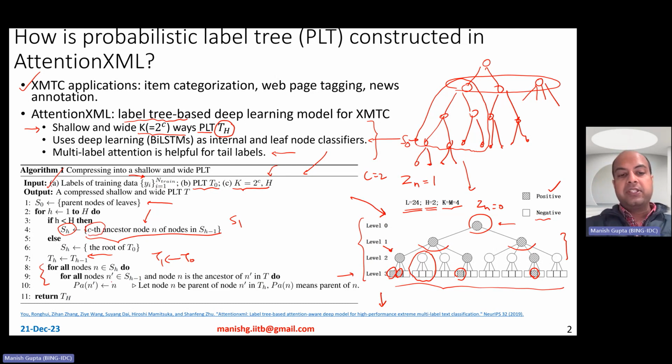For all nodes n dash which are in S_{H-1}, for all those nodes at that level, and node n is the ancestor of n dash. So if node n is the ancestor of n dash here, you basically say that, hey, n becomes the parent of n dash. You directly connect n to n dash, basically resulting in a multi-way tree of that kind. Okay, so that's that. And then you keep doing this at multiple levels, until the final height that you desire. Okay, so that's how a multi-way, a wide tree and thereby a shallow tree is actually generated or created,